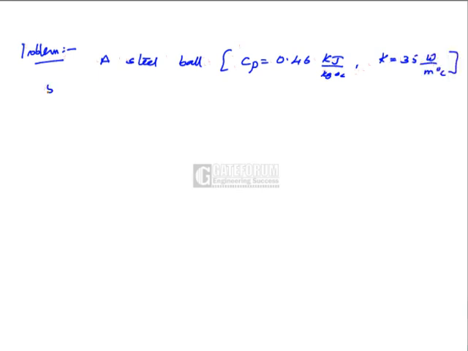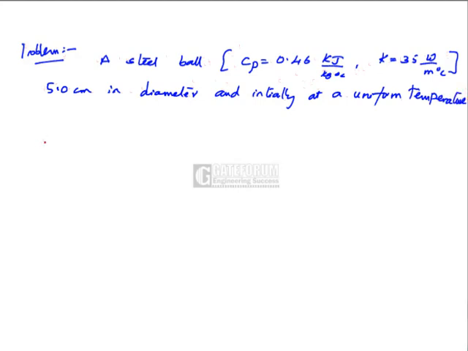The problem is given like this. A steel ball whose specific heat Cp is 0.46 kilojoule per kg degree Celsius and conductivity K is 35 watts per meter degree centigrade, 5 centimeters in diameter, and initially at a uniform temperature of 450 degrees centigrade